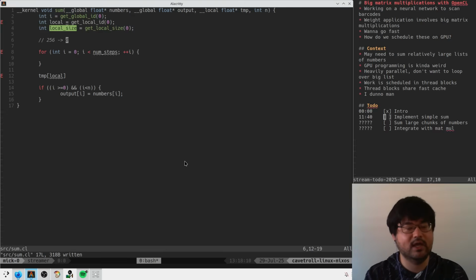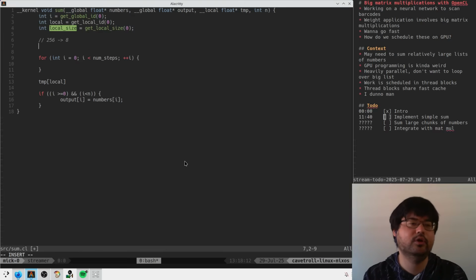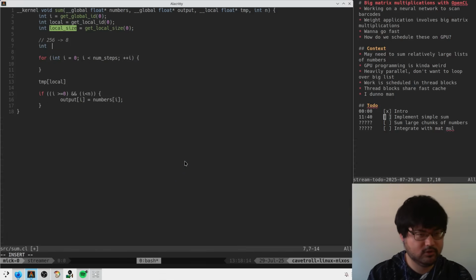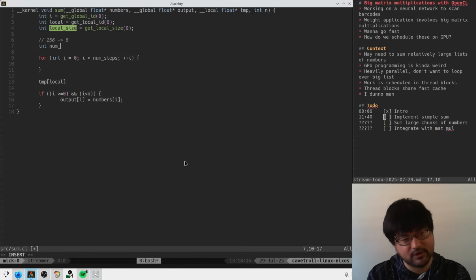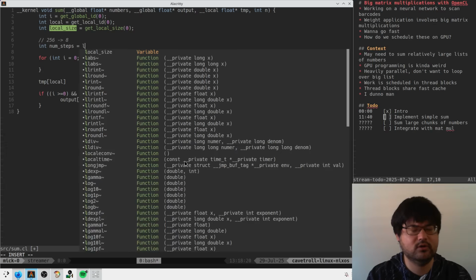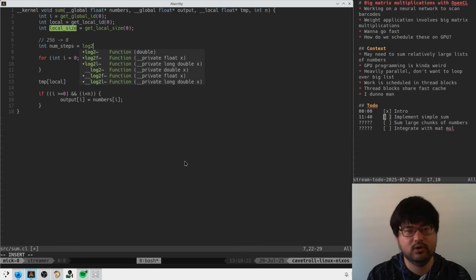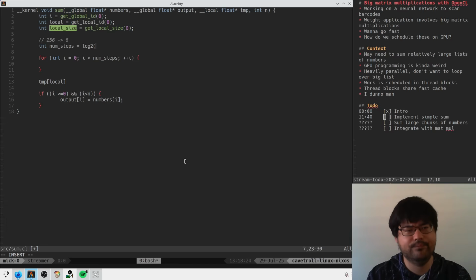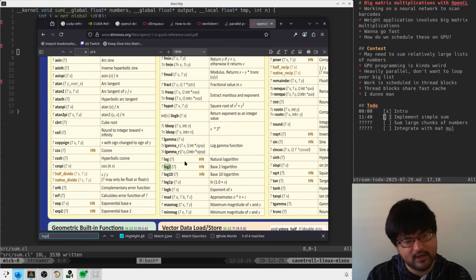Sick. So we can do... my spacebar doesn't work sometimes. That's annoying. Num steps is log 2 of local size, right? And then